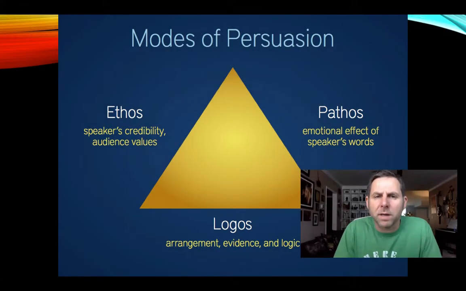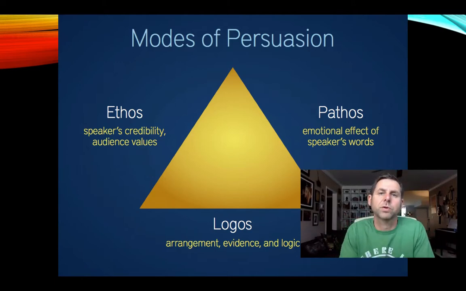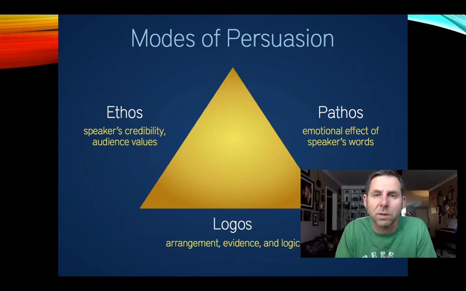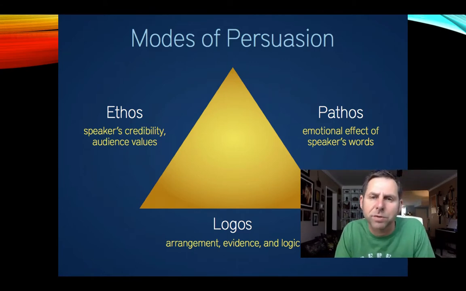So now we're going to talk about essentially the modes of persuasion. This goes back to Aristotle. It's called Aristotle's Triangle of Rhetoric, and essentially breaks down persuasion into three parts. The first is pathos, and pathos is anytime you're trying to use emotion to persuade somebody. So this has the emotional effect of the speaker's words, and the way someone speaks is definitely one thing clearly that affects how you feel. But think of music, think of the way everything looks, think of the context and what is actually happening and how all of that could affect your emotions.